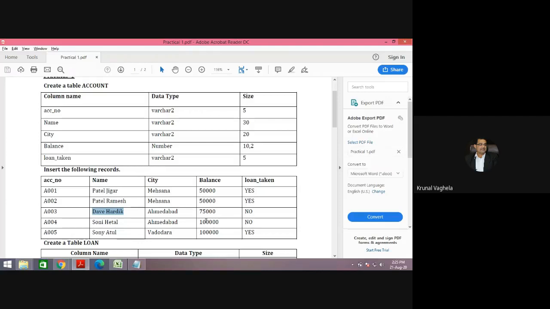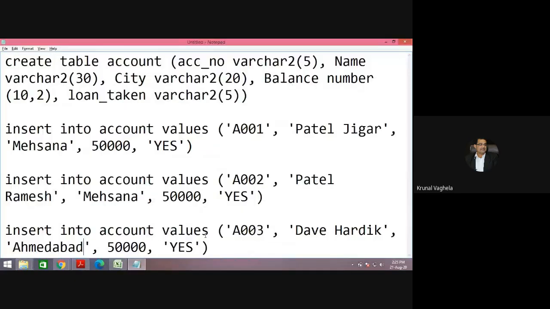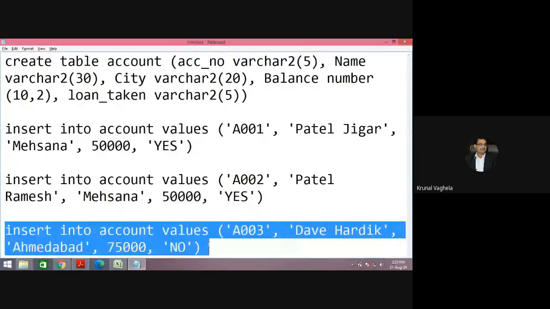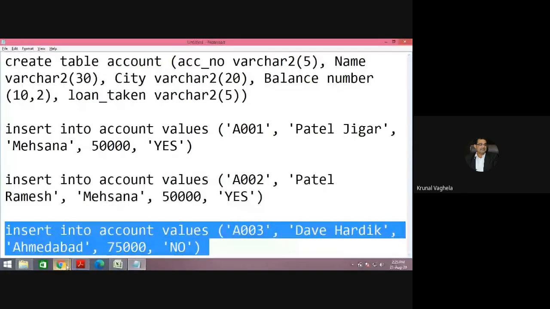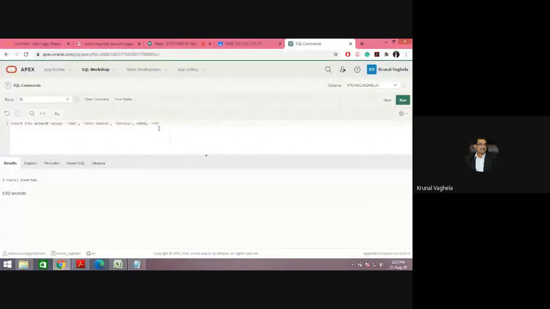Balance is 75,000 and loan underscore taken is no. Again, I will copy. Control C. Control V. Right? So this is how you can insert the values.